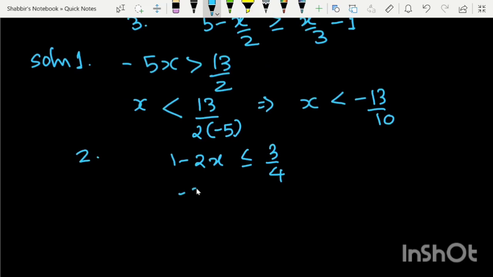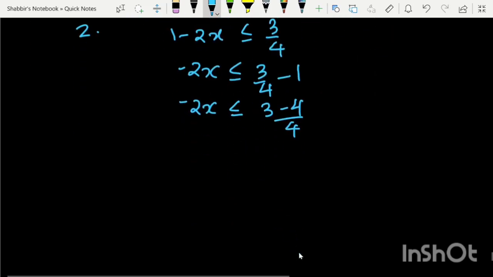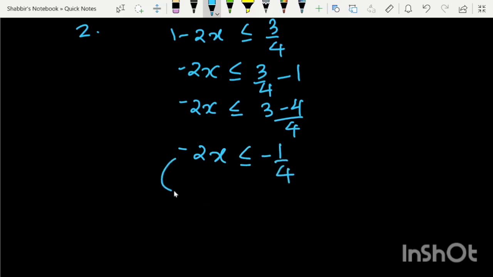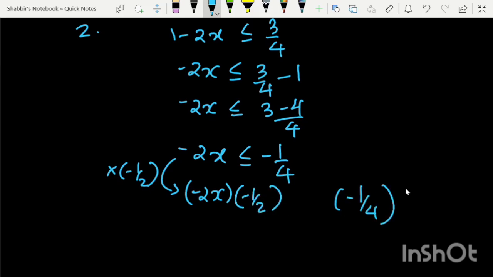So 1 you can take on the right hand side, you can transpose on right hand side, so 1 becomes minus 1, minus 2x. Taking LCM, 3 minus 4 by 4, minus 2x less than equal to minus 1 by 4. Now multiplying by minus half in order to make the coefficient of x as 1, both sides, minus 1 by 4 minus half, this will be reversed, so it will be greater than equal to,